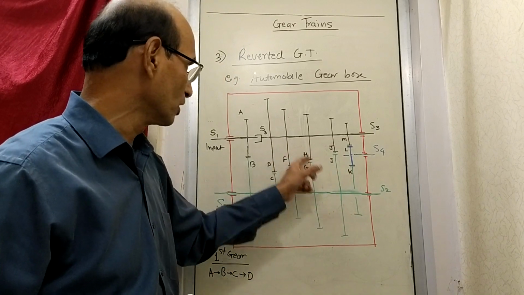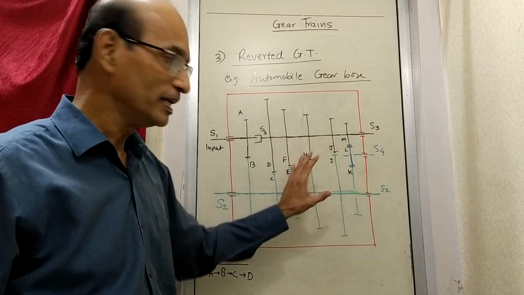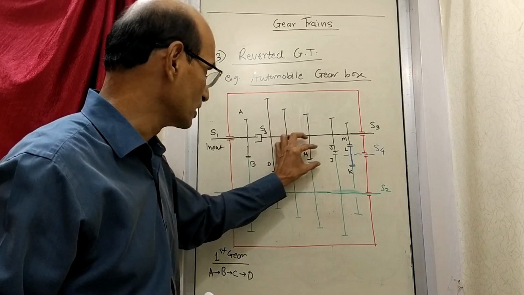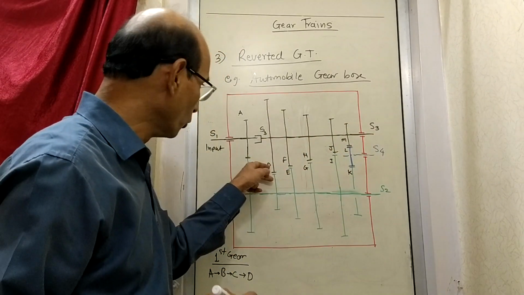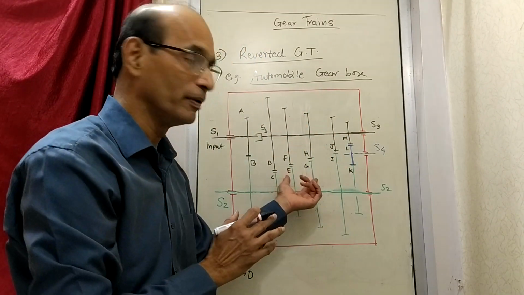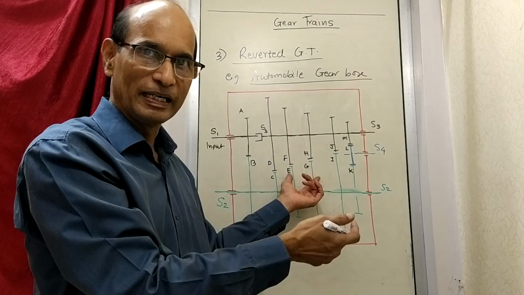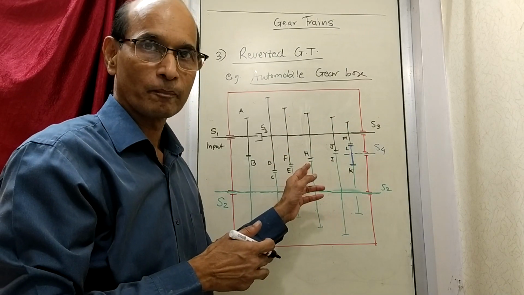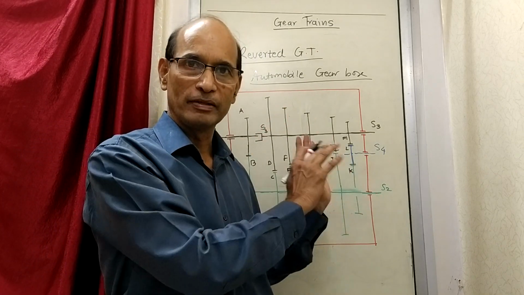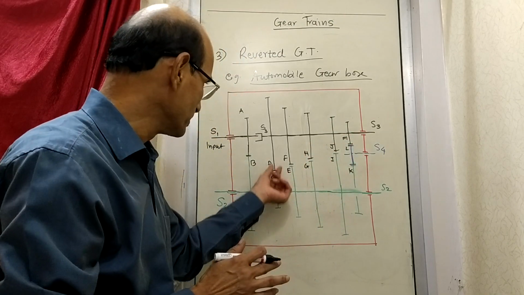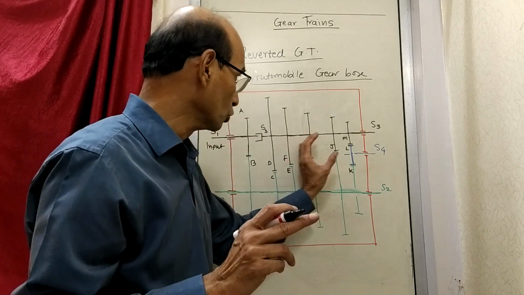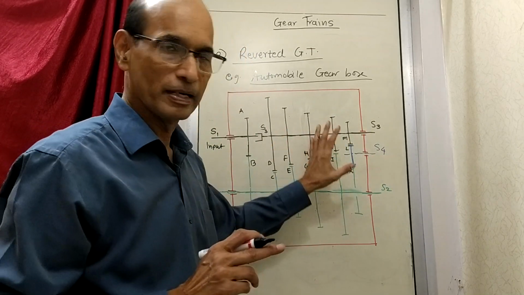everything is in contact, but in reality only one pair is in contact. I have shown C in contact with D, this is in contact, this is in contact, but in reality only one is in contact; all these others are not in contact. For simplicity I have drawn them in contact so that next time when we explain the second gear, at that time we want them to be in contact. But in actual practice, all of them are not in contact at the same time; it is not like that. Only one pair is in contact. So right now C is in contact with D, others are not in contact with their pairs.